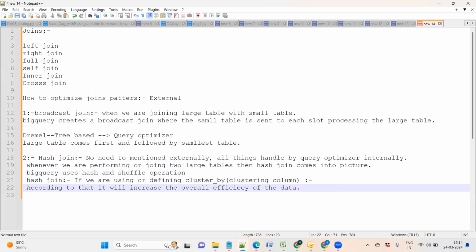So ultimately, we have learned two types of join until now. One is the broadcast join, another one is the hash join. In broadcast join, one big table is joined with a small table. Here we don't need to mention anything externally. It is all handled by Google BigQuery, which has a query optimizer that can